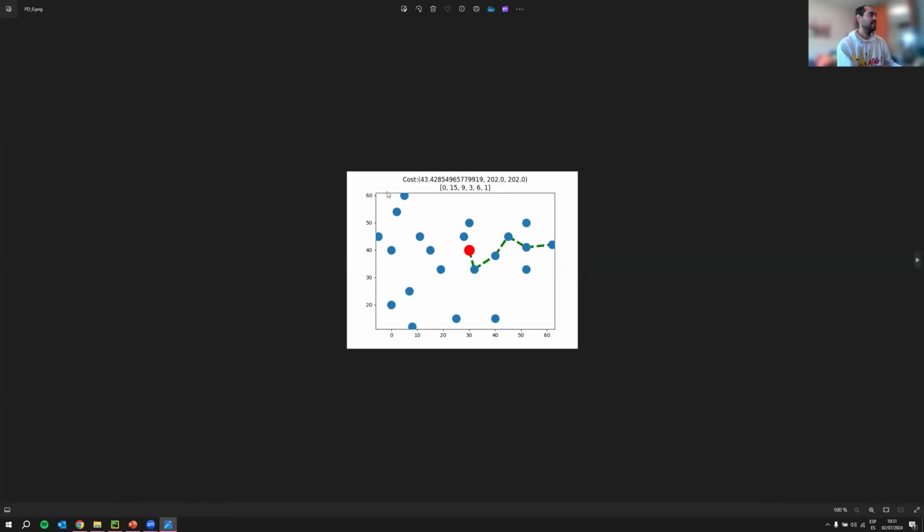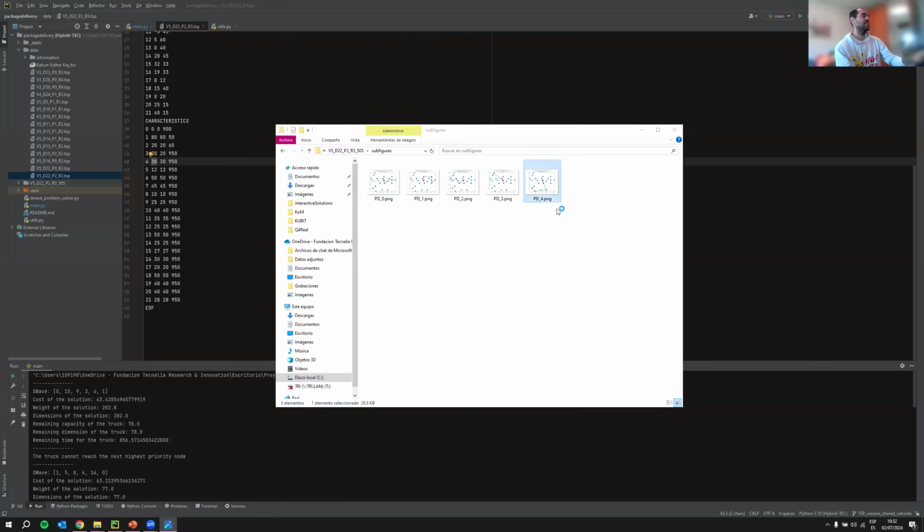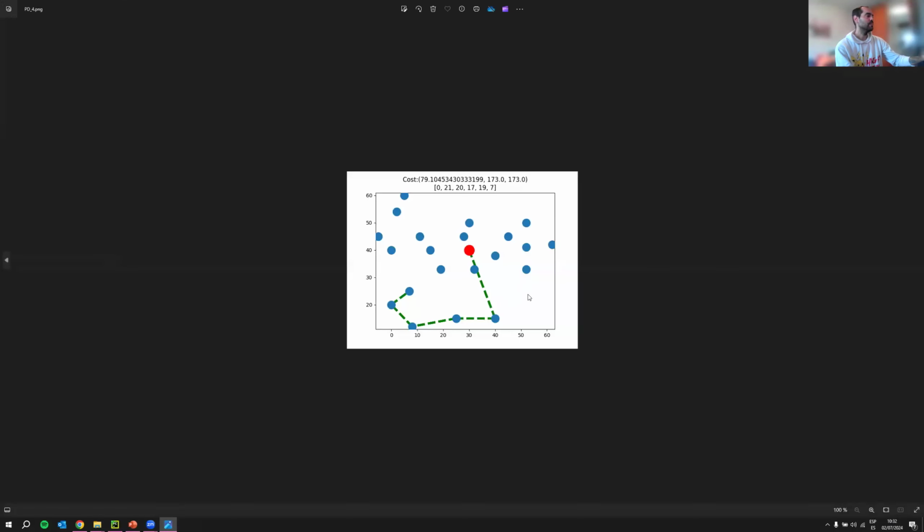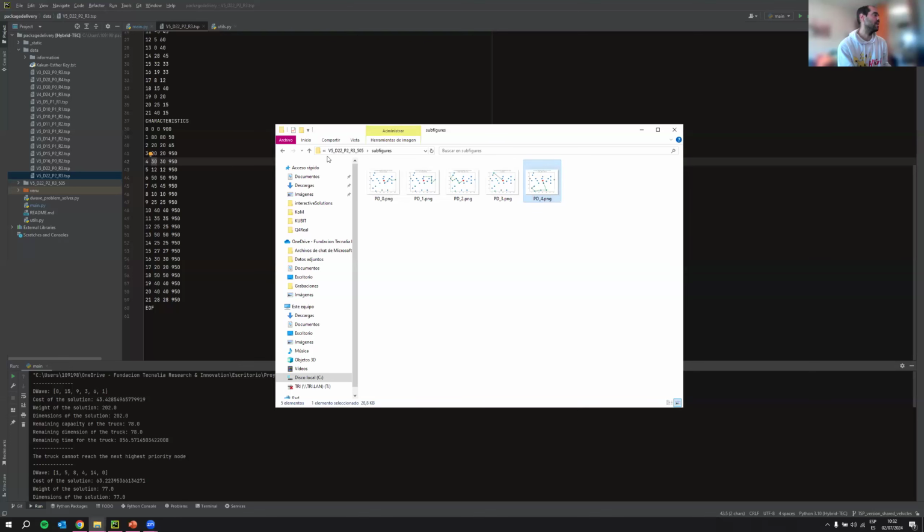So first, because this is a top priority client, first the solver has built this subroute, then it has built this one, and this is another subroute in order to attend another top priority client. The closing to the pod of the subroute, and okay, this is the final subroute that is a regular one. So then it comes back to the warehouse. So these are the subroutes calculated.